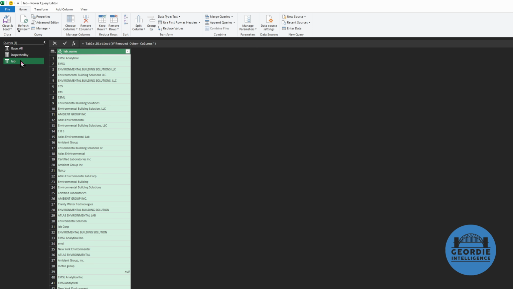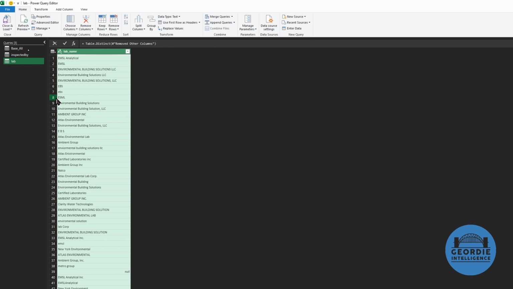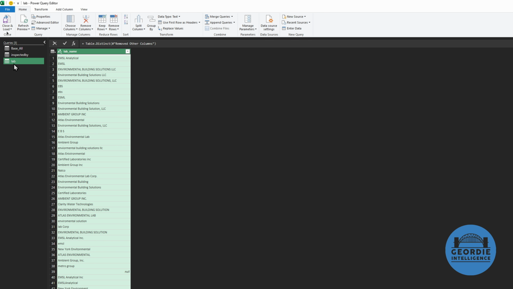Let's pick lab, and we know it's going to be called lab this time. Scroll on over, we can see that we've got these. It's remove duplicates again. Let's go to right click here. Let's rename this merge from. Okay, all lowercase. And then we'll go right click,